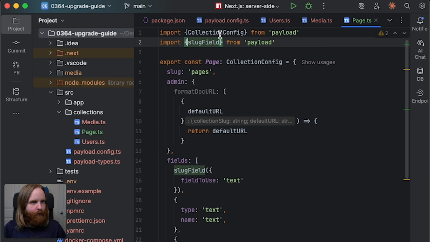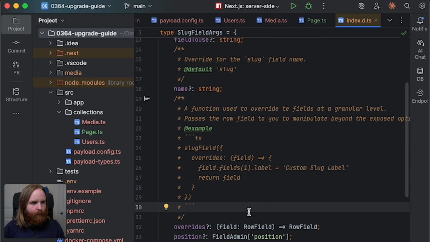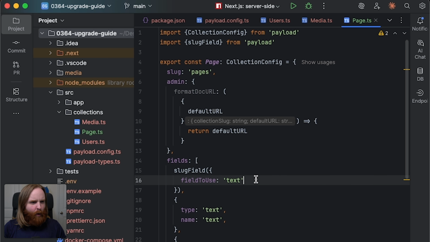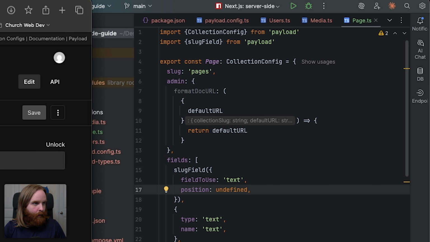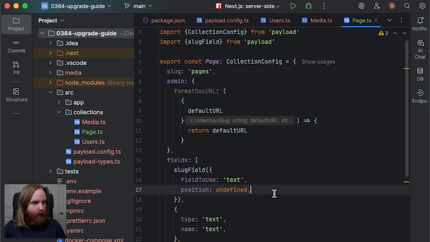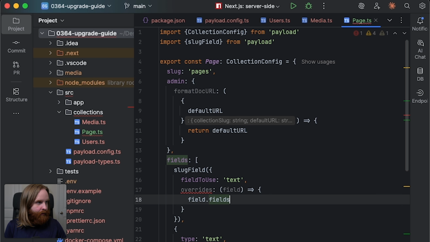There are some other options you can use in it. You can choose yes or no if it's required. You can override certain parts of the field. So if you wanted to set a custom label, I won't do the required because required, like that's just default CMS Payload 101. We don't have to go over that. So the position doesn't do anything, which is interesting and a bit disappointing, but I would normally put it in the sidebar anyway. Overrides, so we can try their overrides example, which is the field, then field, fields one, label,